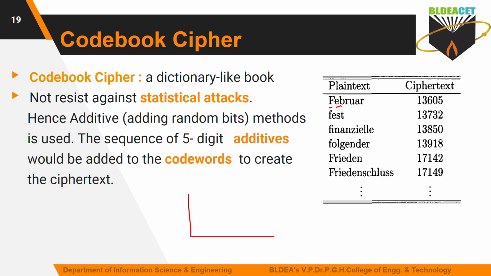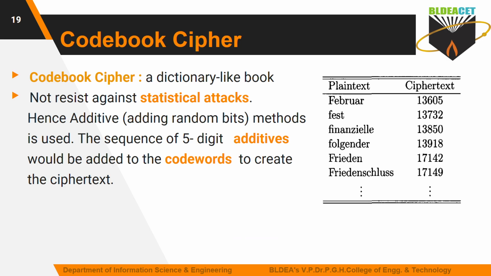If I take this F and E, this E is repeated in almost all the words here. See, this is what it is. The frequency of repetition of E is high as it is repeated in almost all the plaintext here. Like this, they will analyze the frequency of occurrence of your alphabets: how many times E is repeated, how many times F, C, D are repeated. Based on that, they will make the statistical attacks here. In this way, they will try to guess what the plaintext is.